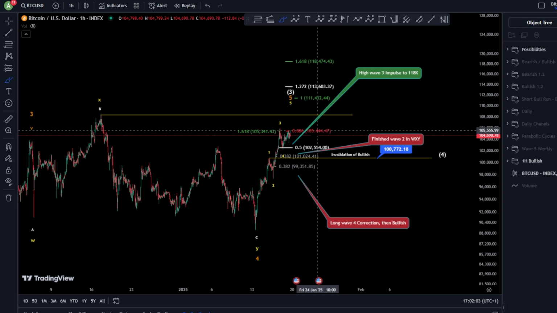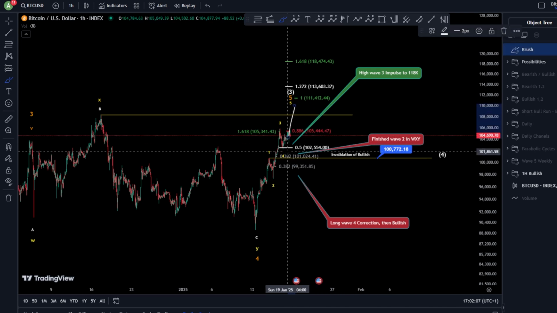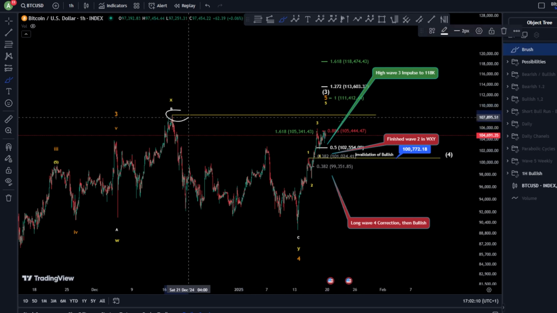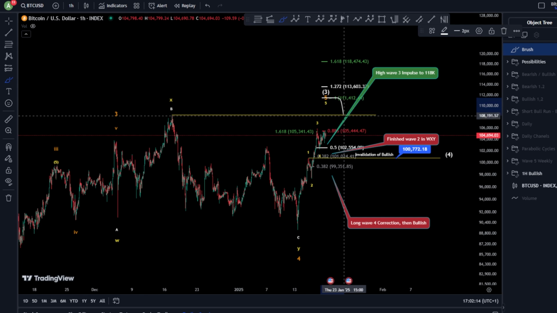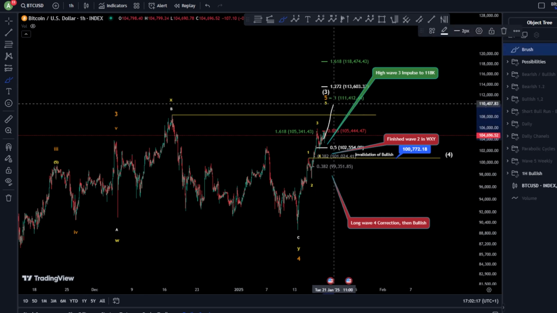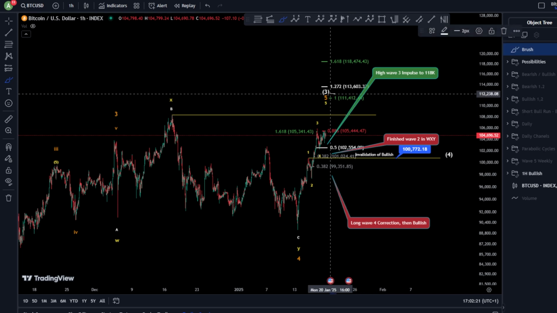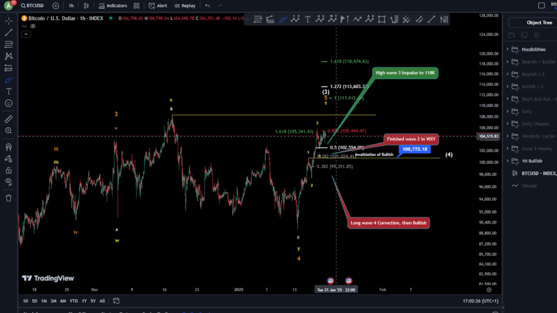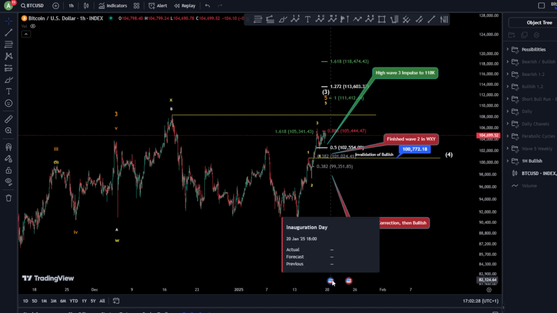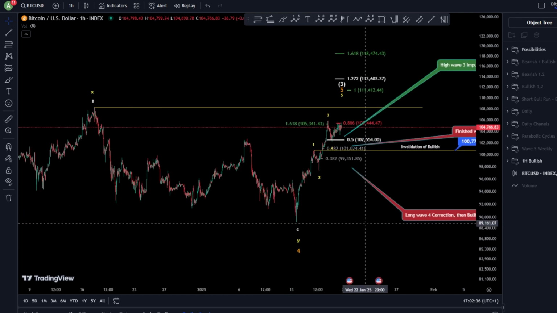Now, the possibility between those bullish scenarios, of course, is the lowest or shortest wave 5 to be finished, taking the all-time high but staying under the 111, meaning between this area is our target for wave 5, which is between 100K and 111K. This is, of course, a target area for this price action, which might happen, of course, during the Trump inauguration day, right, which is presidency day, entering, of course, the White House.